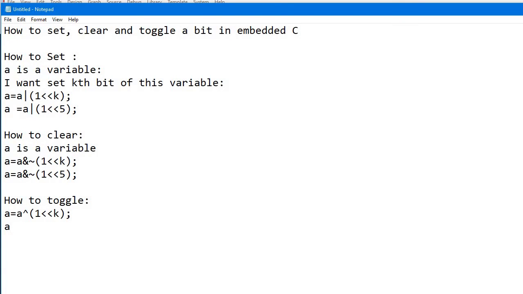In the same way, to toggle the fifth bit or any bit, let's say the fourth bit, I'll write 4 here. So using this instruction I will toggle the fourth bit of variable a. This way we can set, clear and toggle a particular bit.